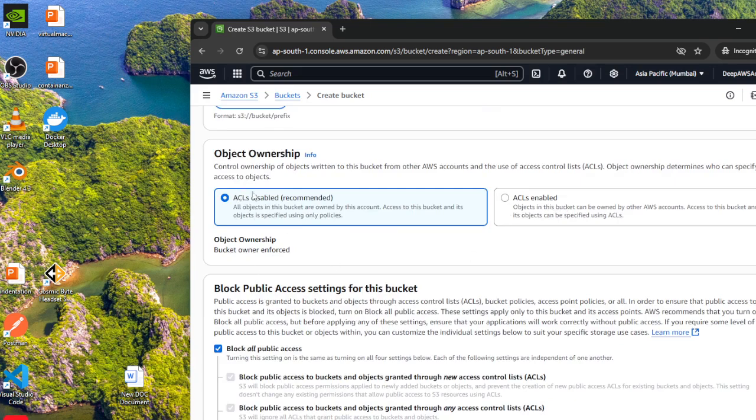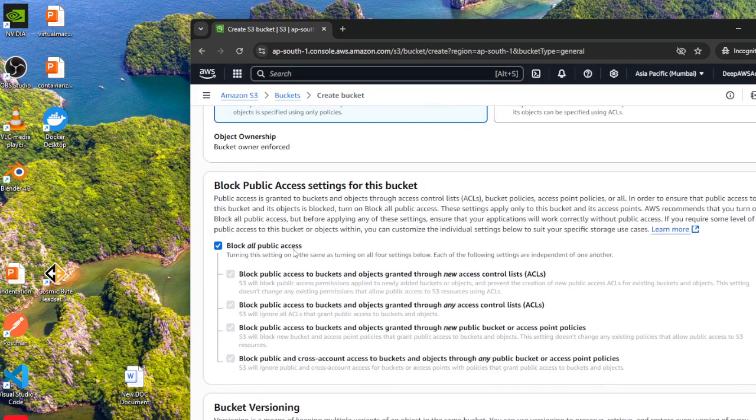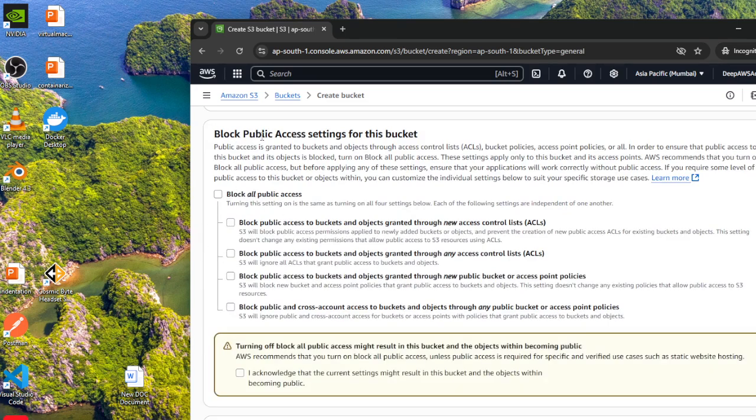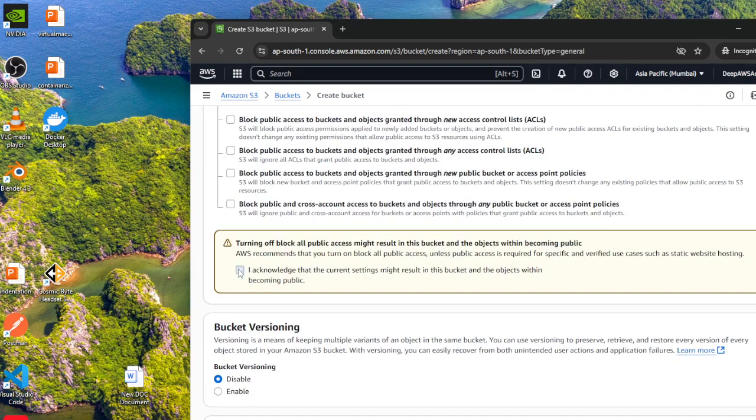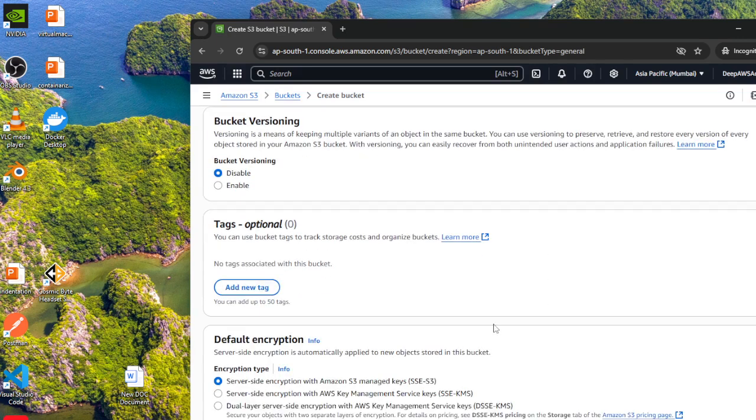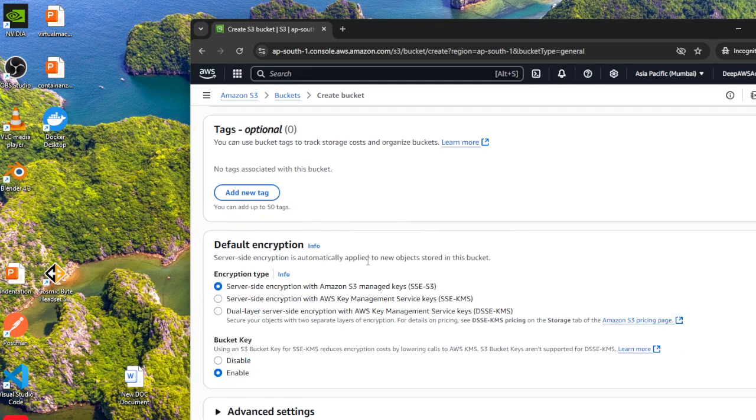We can keep all these options as is, and next we can uncheck this option, block public access settings for this bucket. So we can uncheck this because it should have public access to access our website. And here we need to acknowledge this, we need to check this box to acknowledge that turning off block all public access might result in this bucket and the objects within becoming public. So we need to check this option, and we can go ahead and keep the rest of the things as is,